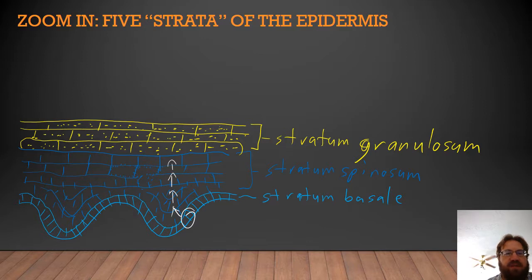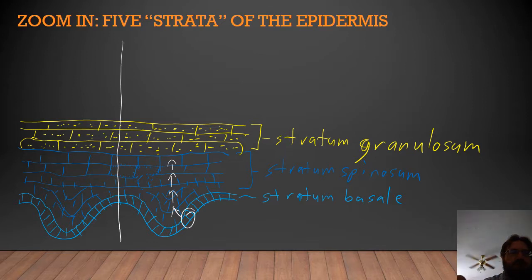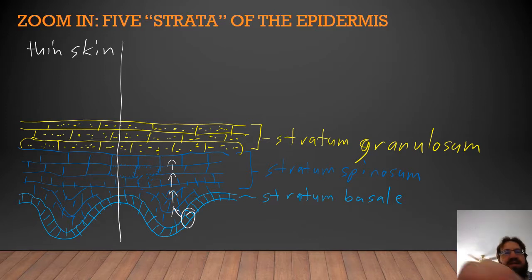At this point, our skin has a choice. If it's in most of the body, it's going to become what we call thin skin, which means it's going to have a thinner set of layers. If it's in the palm of the hand or the plantar surface of the foot, it's going to become what we call thick skin. Thick skin is going to accumulate a thicker set of skin layers,